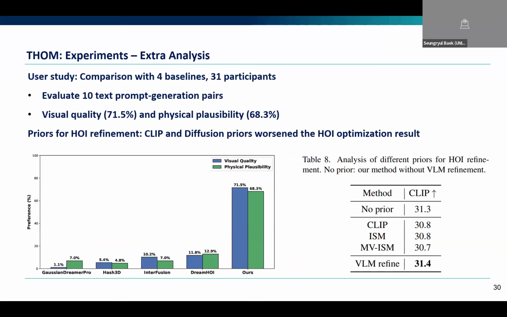As extra analysis, we have interesting findings. In the case of the user study, the participants saw our method as having the best visual quality and physical plausibility. We additionally conducted an evaluation experiment on priors that might help refining the HOI. So when we don't apply any prior in physics optimization, which only includes the physics-based losses,